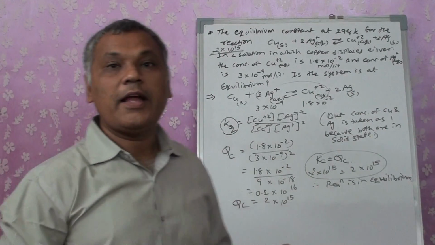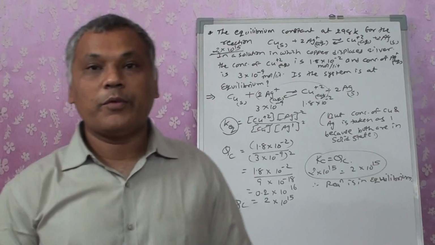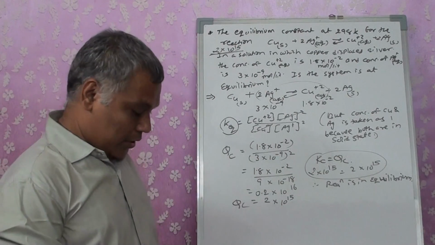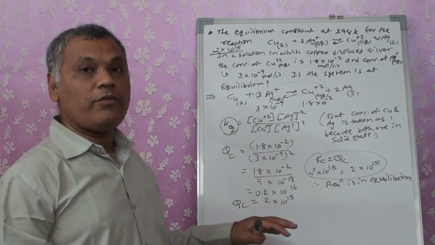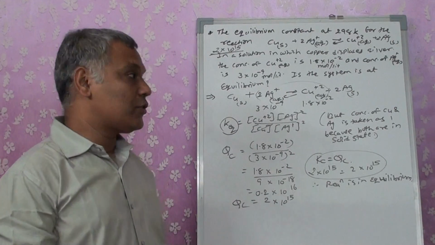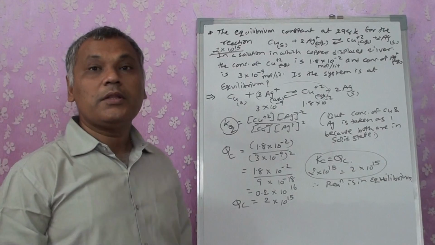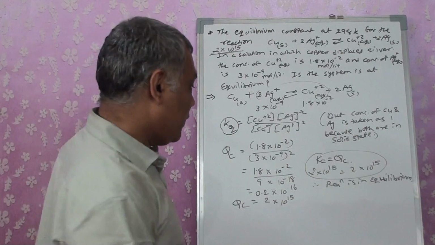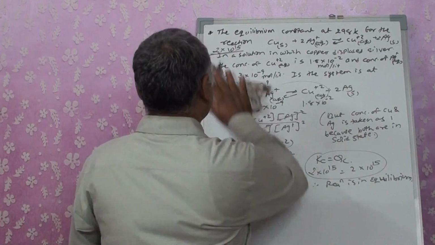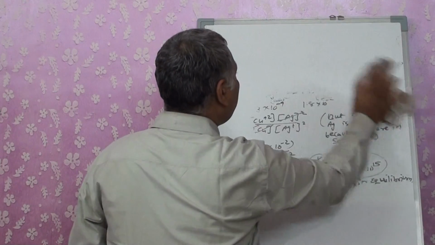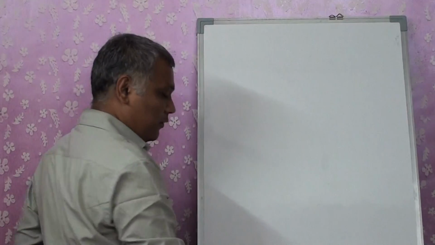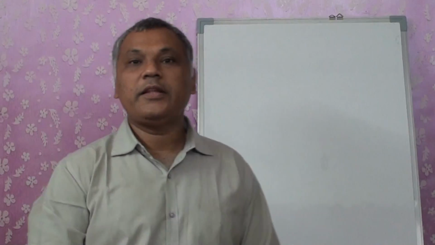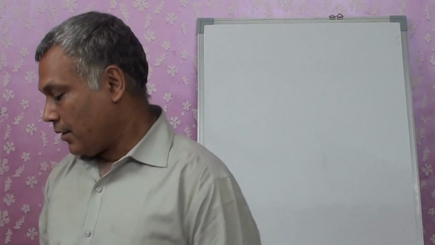So we can say that the reaction is not in an equilibrium condition, right? Okay. Next sum we will be doing as a similar type, so that we can find out what the answer should be if the reaction is not in an equilibrium condition. So let's do another similar sum, but this time the Kc and Qc will be taken in such a way that they are not the same, right?